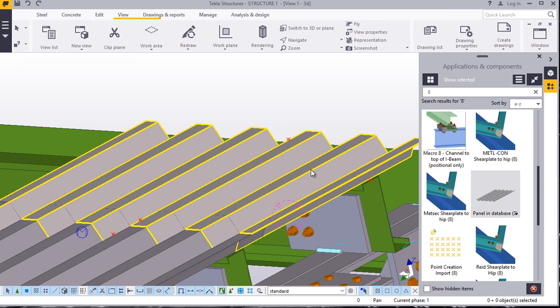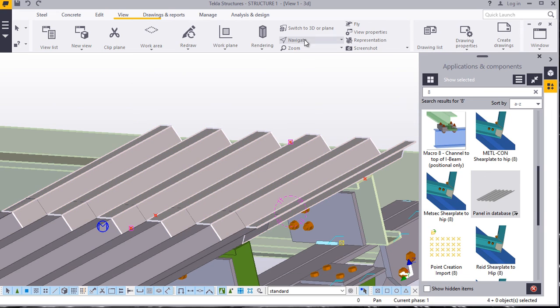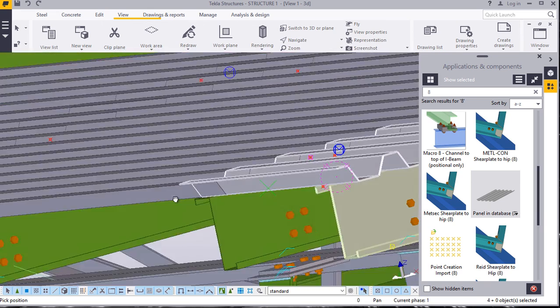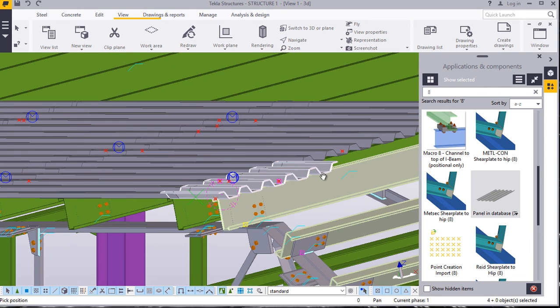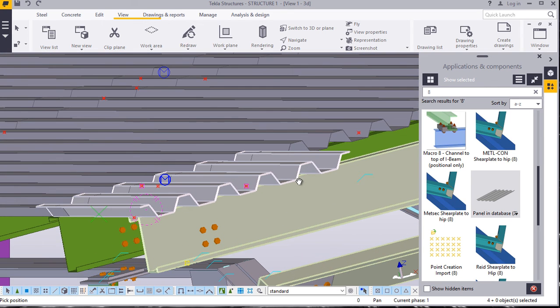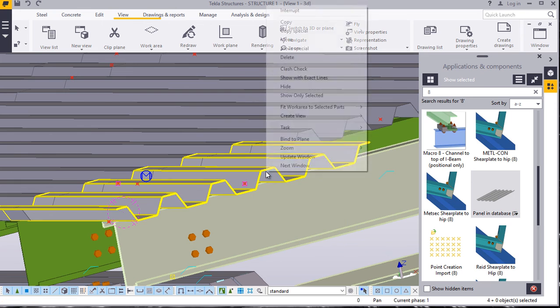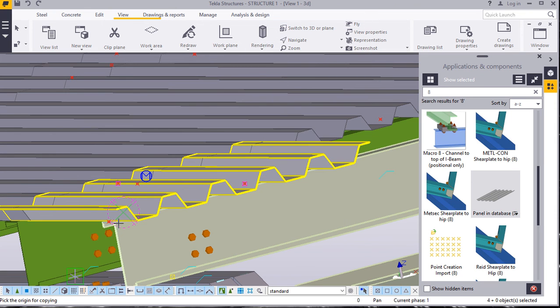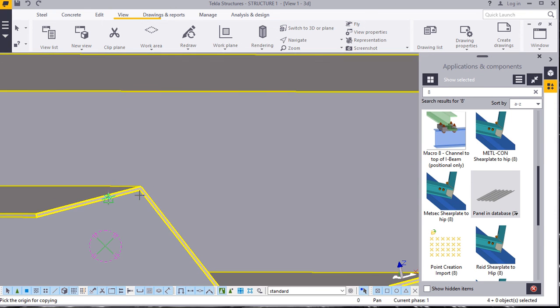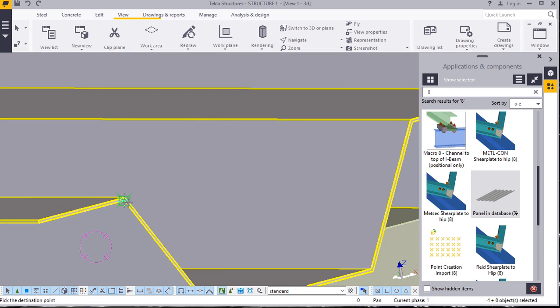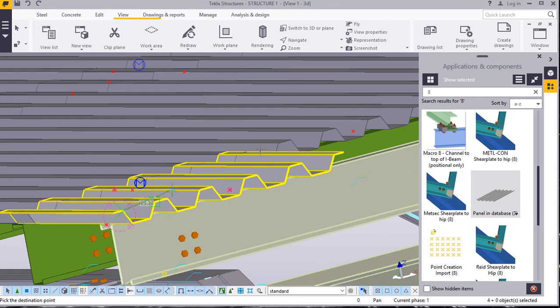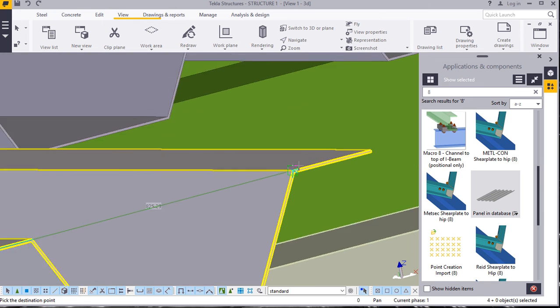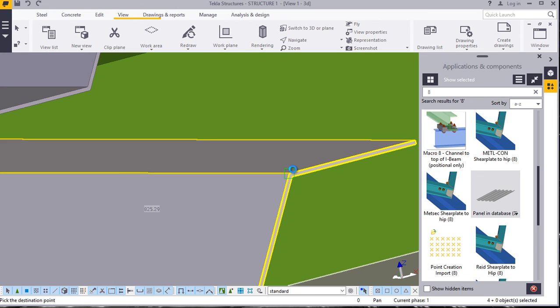Once you've selected that, right click, go to copy, pick it from the midpoint here, come all the way to the next purlin midpoint, copy, place it there, from this end, copy it from this end, come to the next one, snap it there,